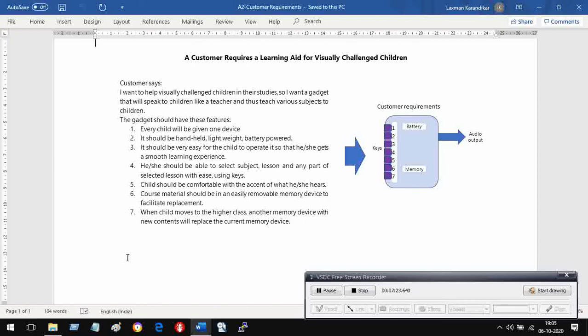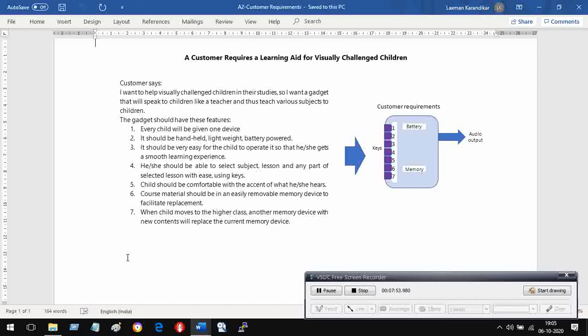If batteries are not rechargeable, then batteries will need to be replaced quite often. This will cause inconvenience and also add to cost. For a visually challenged person, replacement of batteries is not an easy task. That's why if we have rechargeable batteries and a means of charging these batteries with ease, that should be the objective.